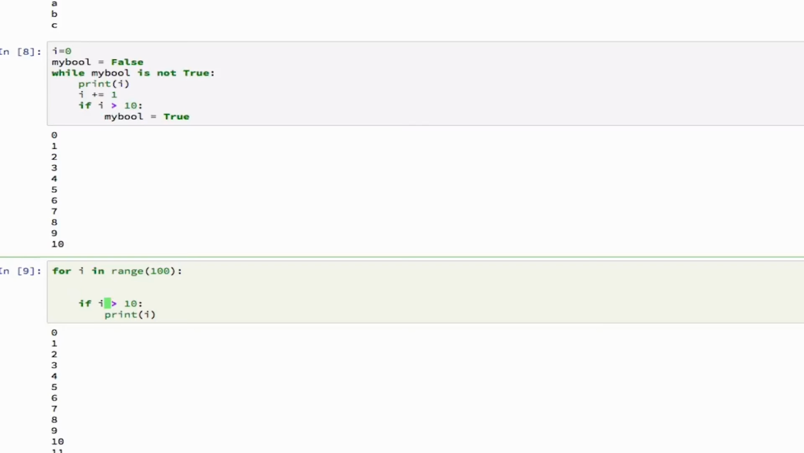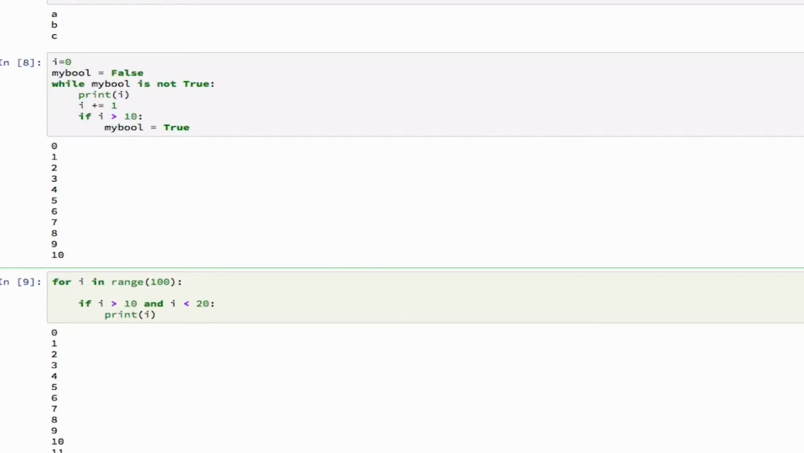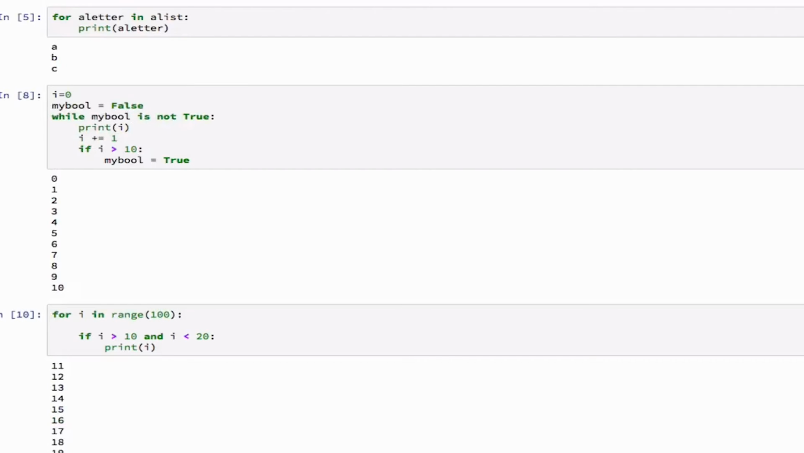And so what I'll do here is I'll add an additional statement, and the syntax is really easy, right? So if I say for I greater than 10 and I less than 20, then I'll print I. Otherwise, I'll just loop over the rest of the numbers. So you can see that happens, and I can also do things like